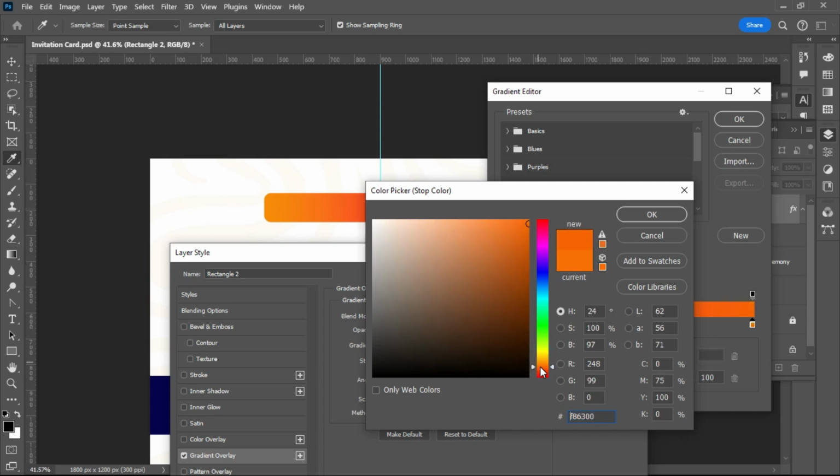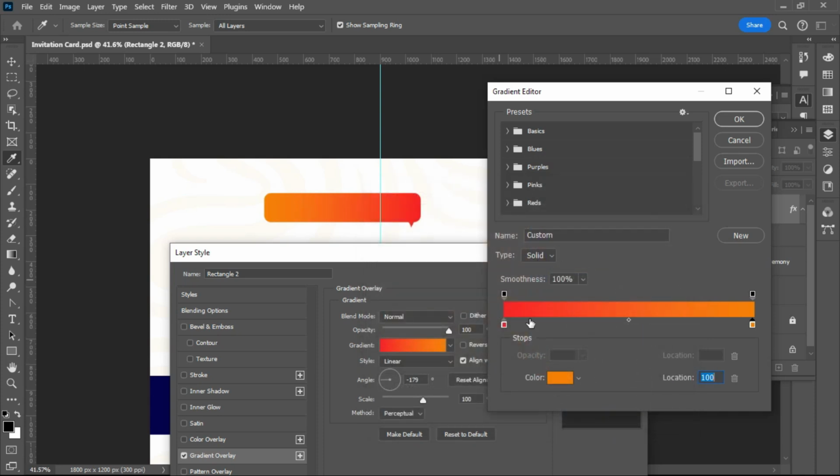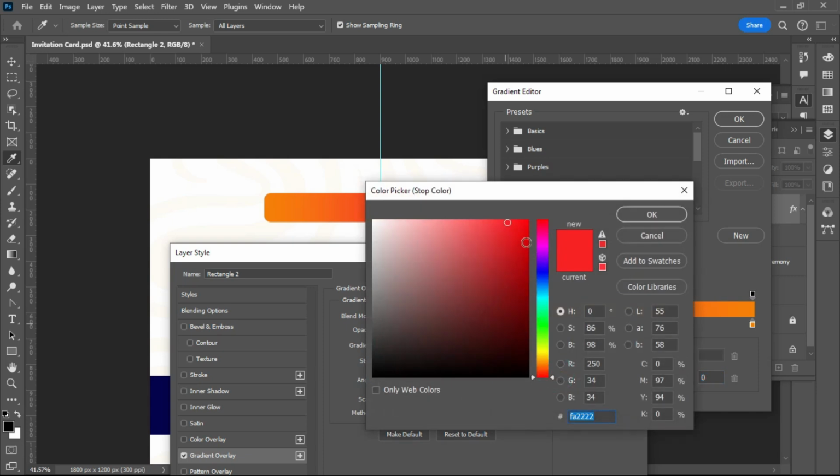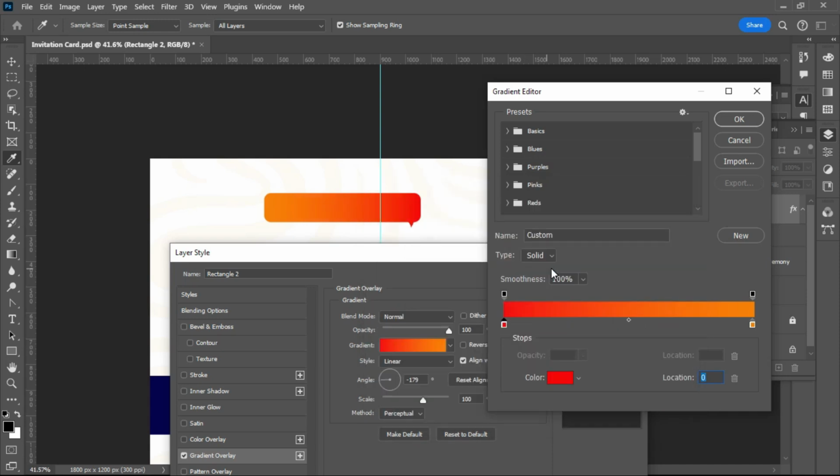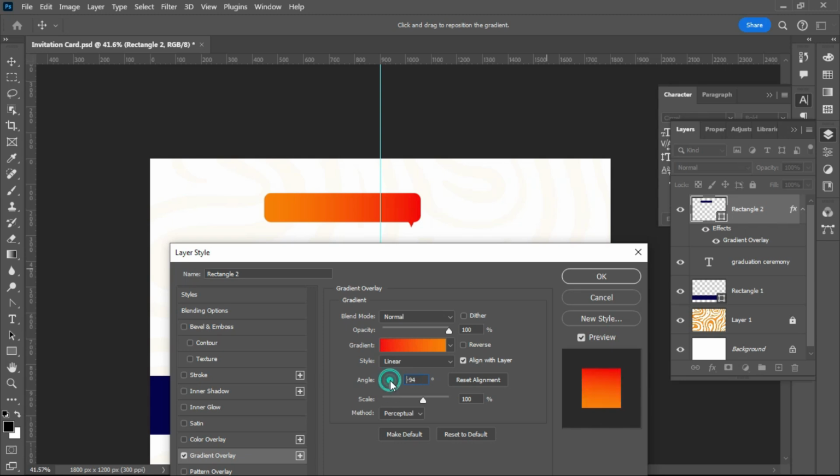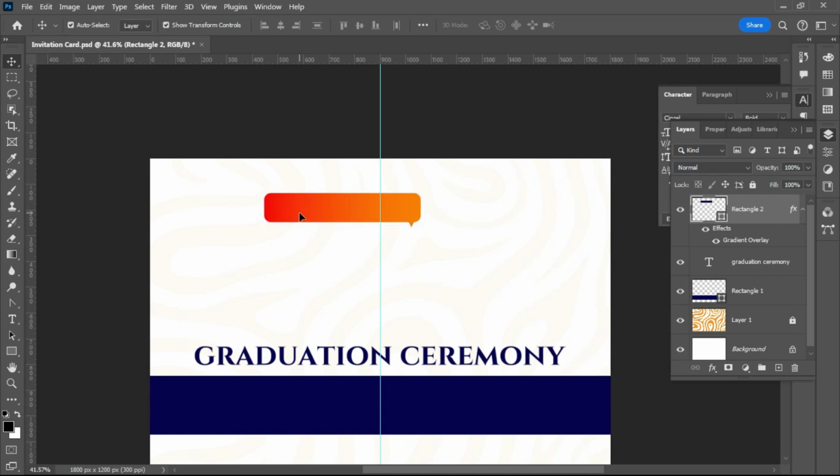It seems that I'm not getting the color that I want. I'm not getting it. Okay, so all right, so this is okay for me. Now I'll bring it down here,